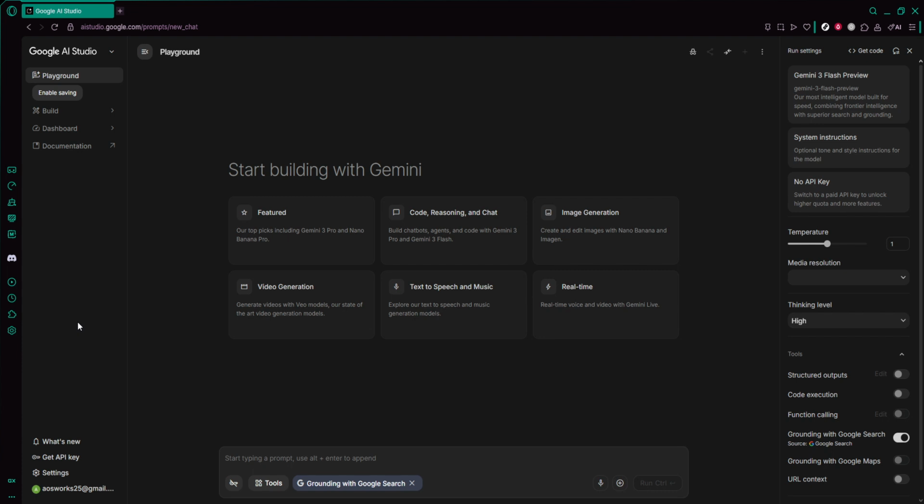Let's start right at the beginning with opening Google AI Studio. Go ahead and open your web browser and navigate to the Google AI Studio site. Make sure you're on the official Google page so you're in the right place and everything works as expected. Once the page loads, you should see the main AI Studio interface or a welcome screen if this is your